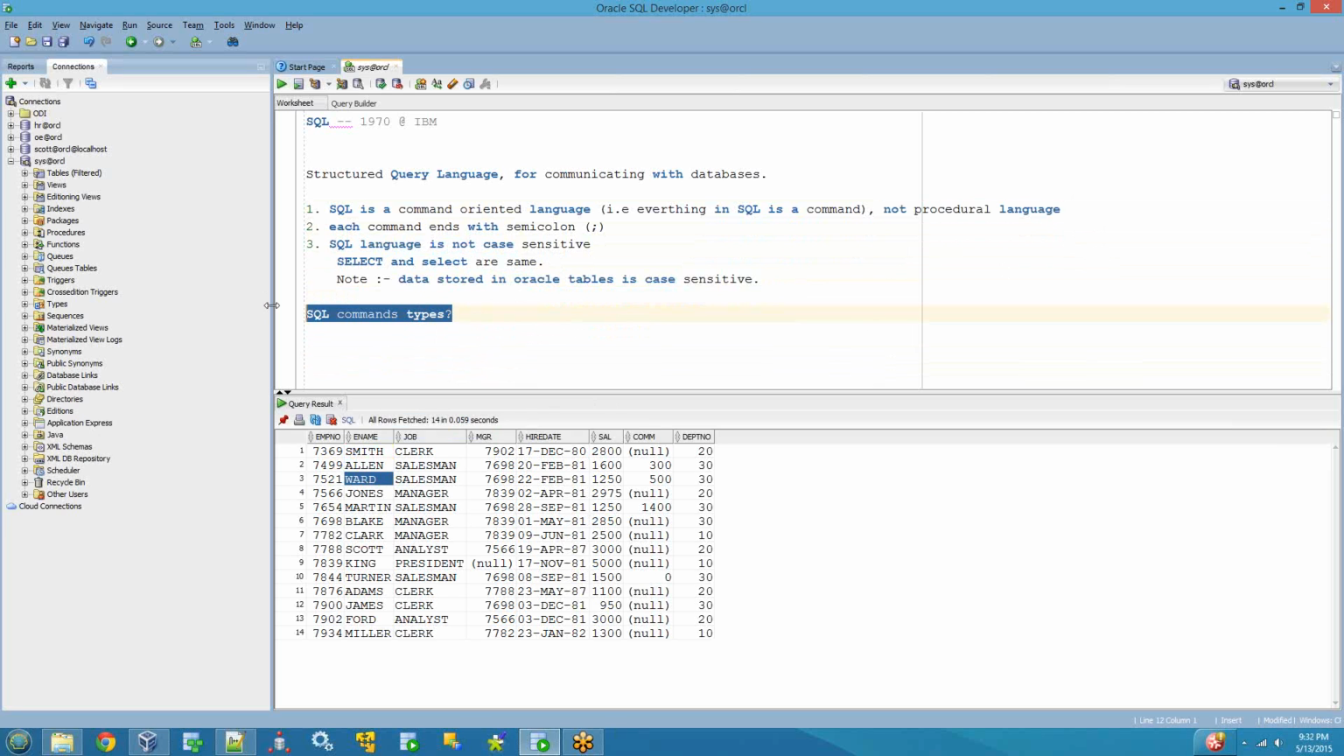Now, SQL is a command oriented language, right? Everything in SQL is a command. But what are the different types of commands we have in SQL? Anybody have any idea? DDL. Yes. Okay, so the first command type is